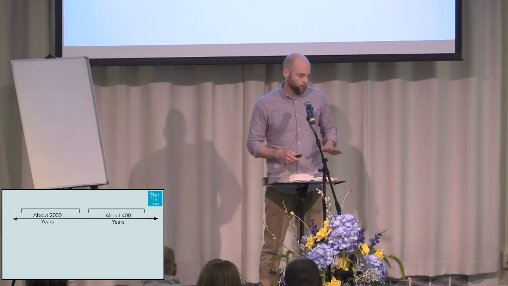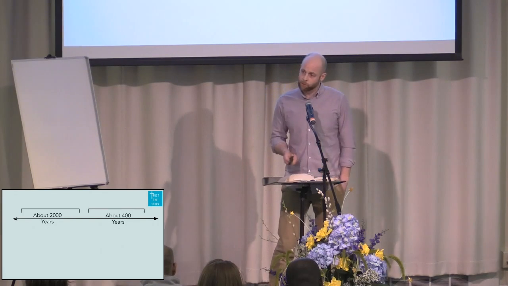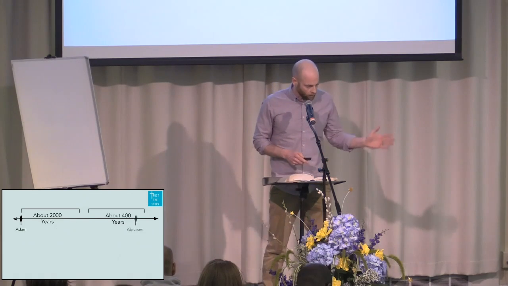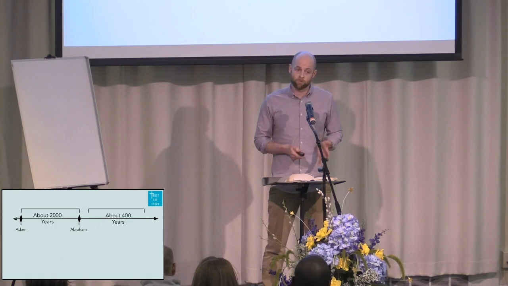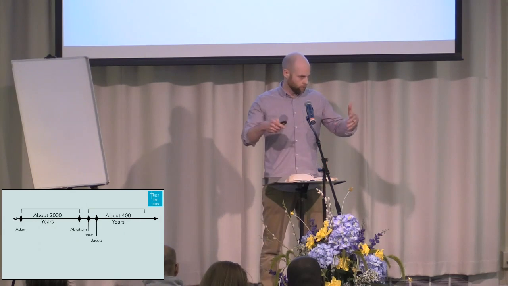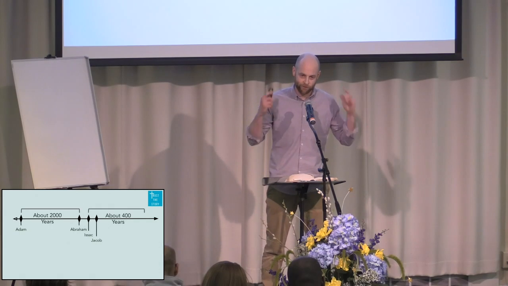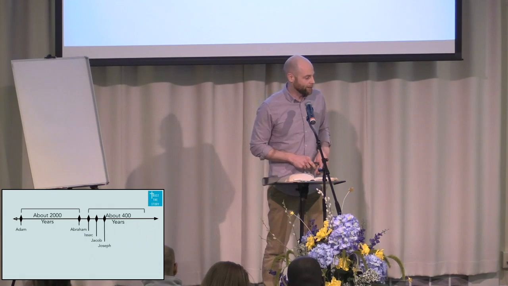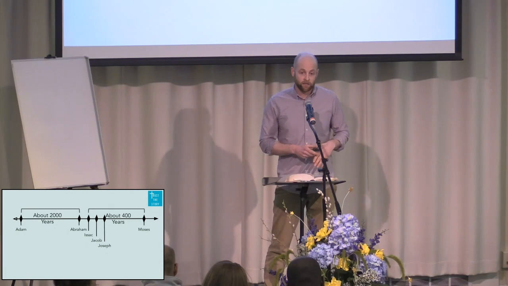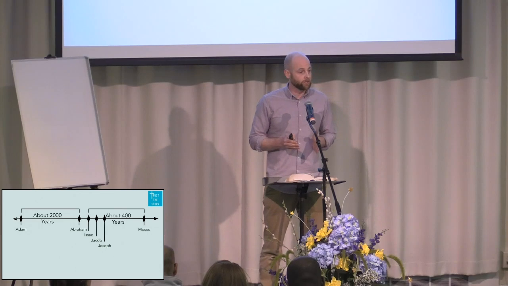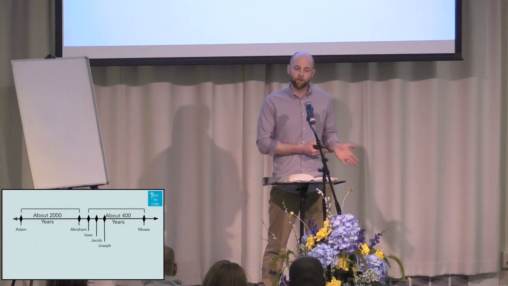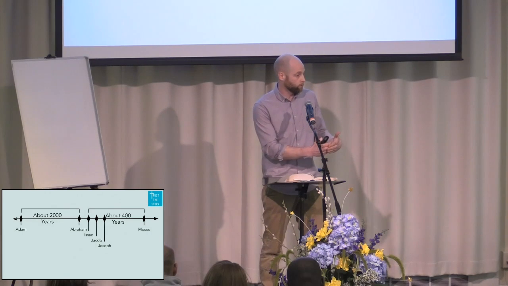And then just as a quick review, we did this when we started the East-West thinking. If we were to think about the timeline of Genesis, we start with Adam, and then we've got about 2,000 years to Abraham. So Noah's somewhere in between there. Then we've got his son Isaac. So if you're still making your lineage family tree, you can cheat a little bit here. Isaac, Jacob, Joseph. And then that's where Genesis ends, and we go to Exodus, and then there's the enslavement in Egypt for a couple hundred years, and then we have Moses. Now, all scholars point to Moses as being the one who wrote Genesis.